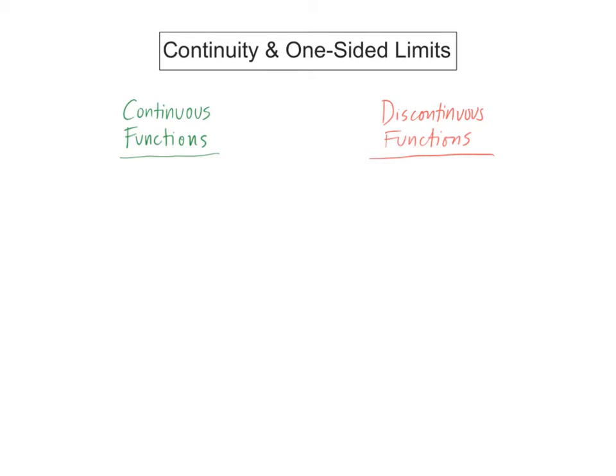Okay, let's continue our discussion on limits with two topics that really go hand in hand. We've got continuity and one-sided limits. And let's start with continuity. Continuity just means whether a function is continuous or discontinuous. Basically, it means can you draw the whole thing without lifting up your pencil? Or are there locations on the function where you would have to lift up your pencil in order to continue